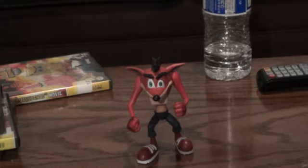I do have a couple figures from Series 2, but I'm only going to review one of them because the other one I have doesn't have all of his accessories. Plus, he kind of needs his stand to stand up. Unfortunately, he didn't come with a stand, but I'll get into that at the end of the review. Anyway,